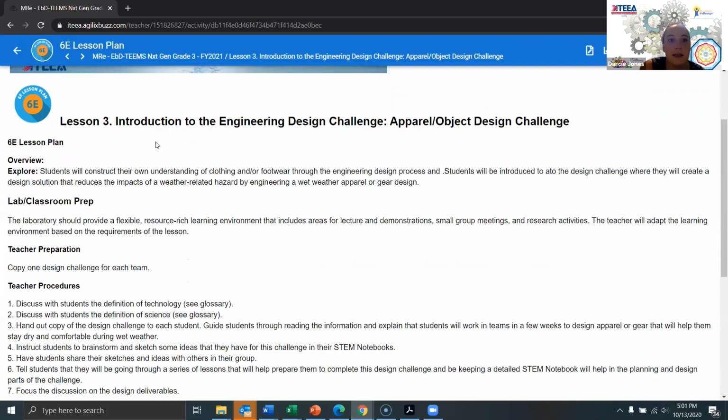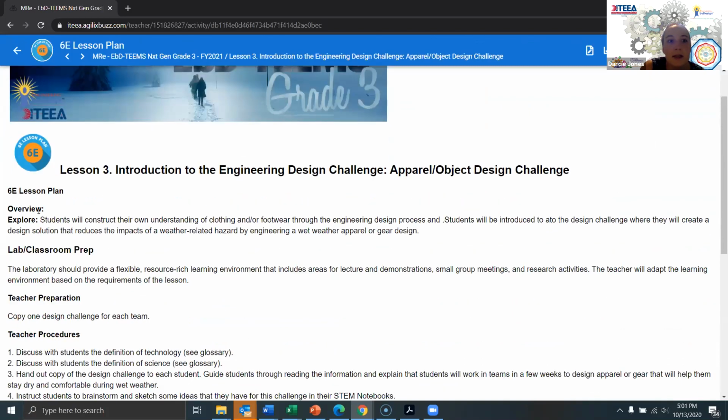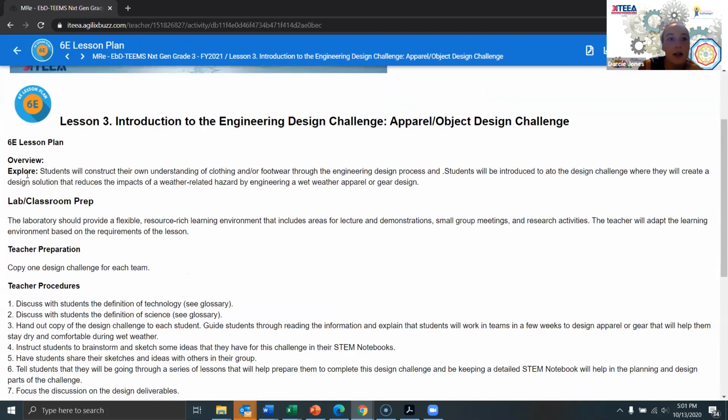And the next lesson, or the activity here for lesson 3, this is the 6E lesson plan. And so in this specific lesson, its focus is on the explore. So not every lesson will have all of the 6 E's, but within those units, there will always be all 6 E's. So in this specific lesson, students will construct their own understanding of clothing and or footwear through the